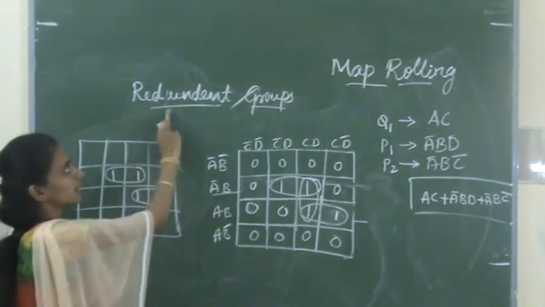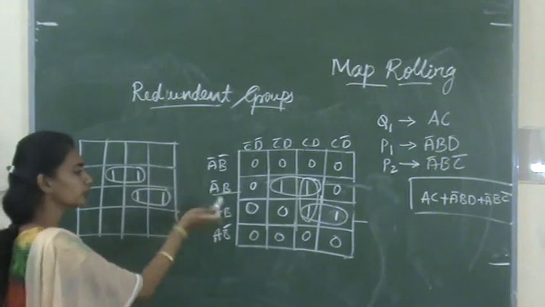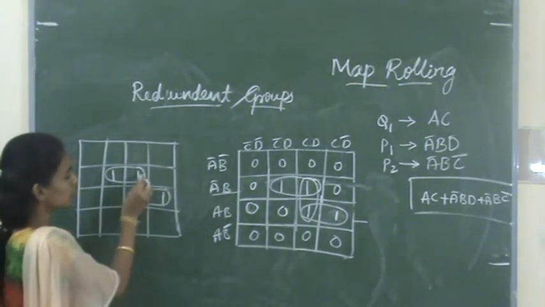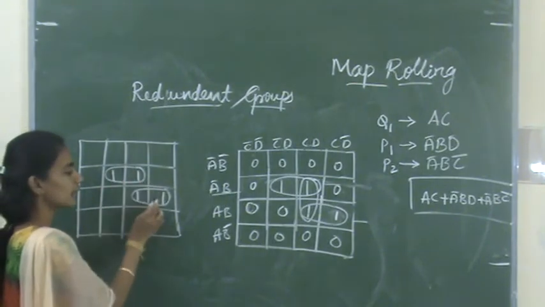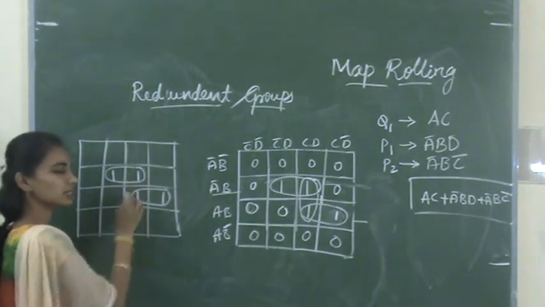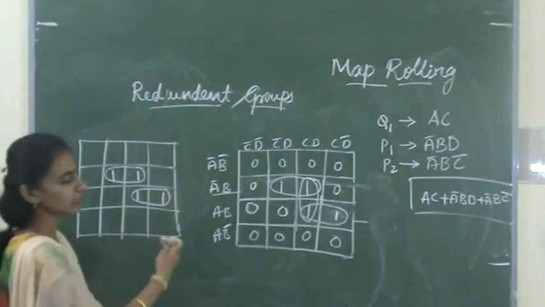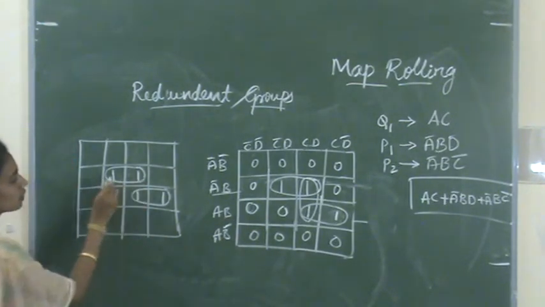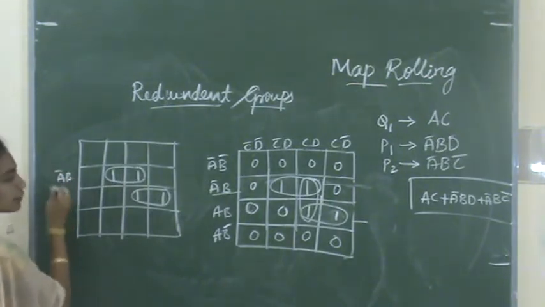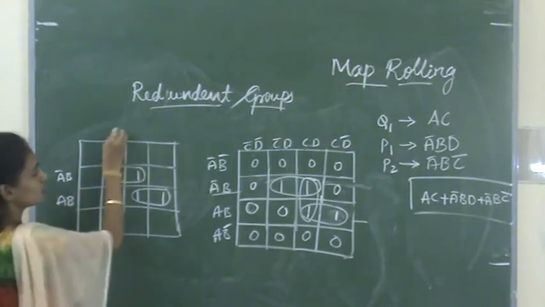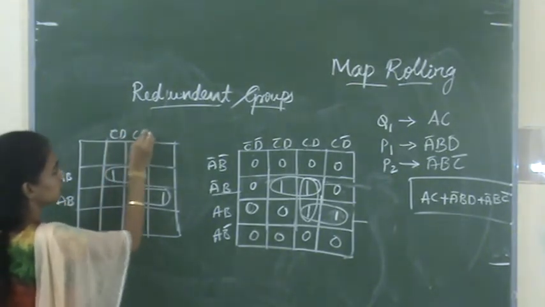So that we call a redundant group. So we are removing that redundant grouped element, right? So just encircle this and this. No need to encircle these ones, okay. So after removing the redundant group, we will get this, right. So this is A bar B and then this is AB. So this is ACD,